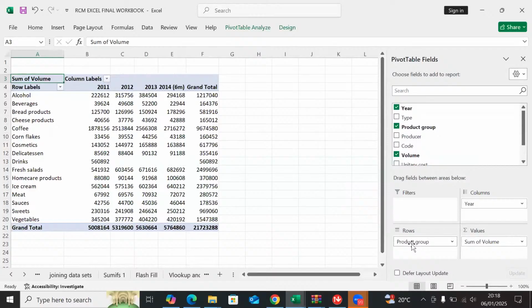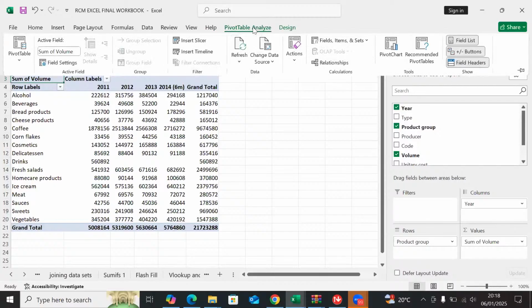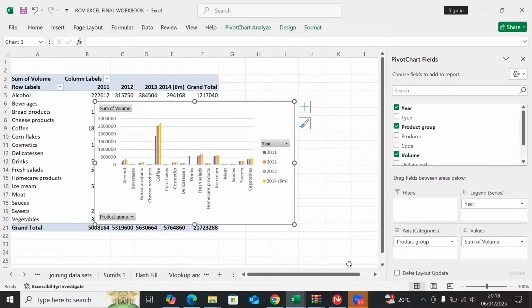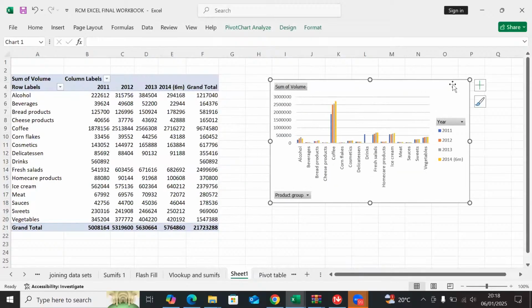So I believe all of us now are okay up to here, ladies and gentlemen. And then I'll be able to come to the pivot table analyze. Then I say, in this case here, I want the pivot chart. Then I say, okay. So from there, I'll be able to come here, carry this by its head, like that. Now from there, ladies and gentlemen, you'll be able to